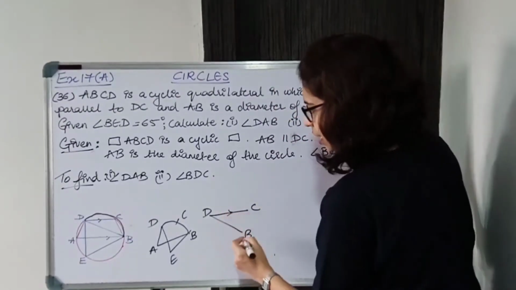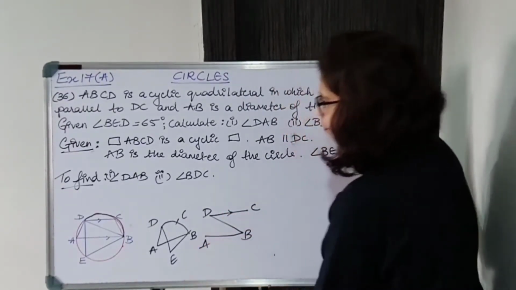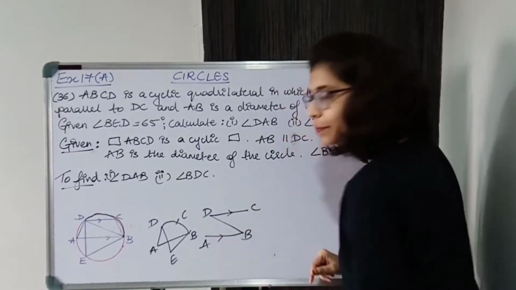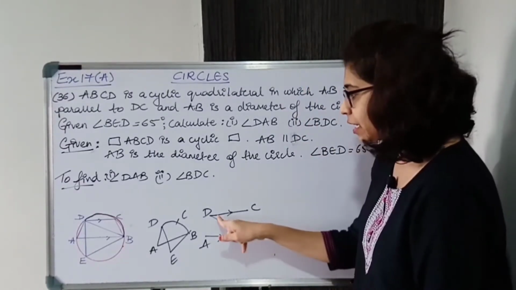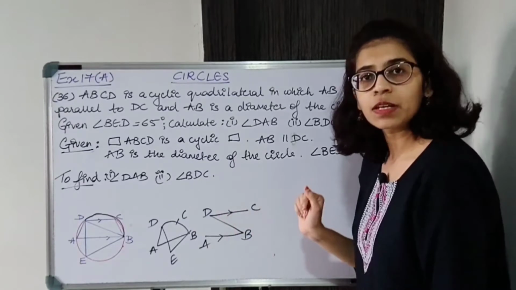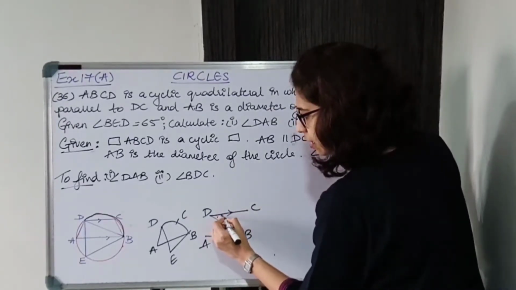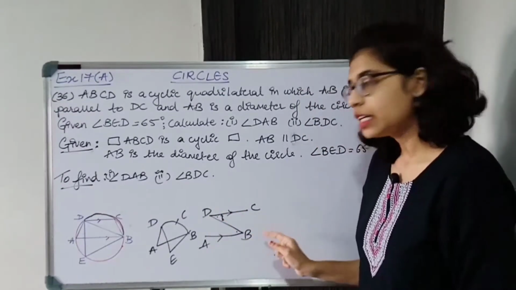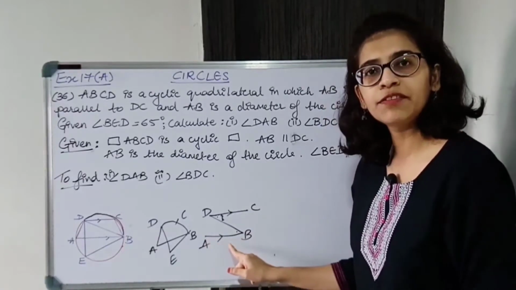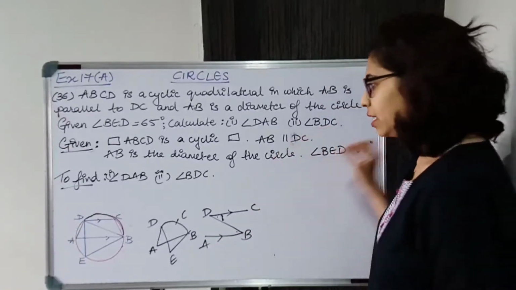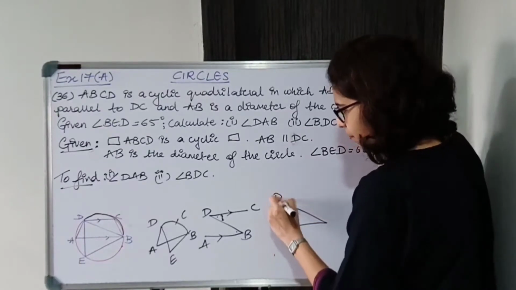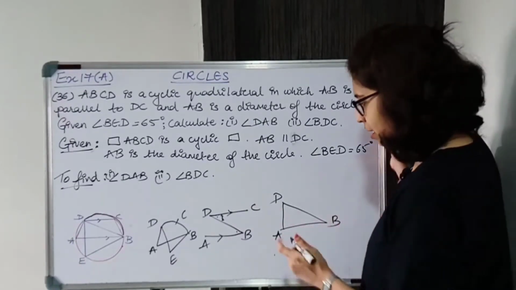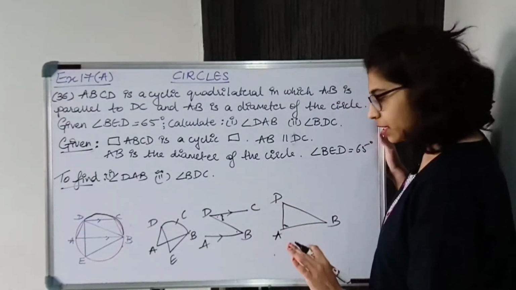DC is given to us as parallel to AB. Here we are given AB is parallel to DC. So these two are parallel. So if I find this angle, then I can find this angle. Alternate angles property. So I can find this if I can find this DBA. Now for BDC, I will have to find DBA. For DBA, I'll consider the triangle DBA. Because I just found angle DAB. DAB will be found.